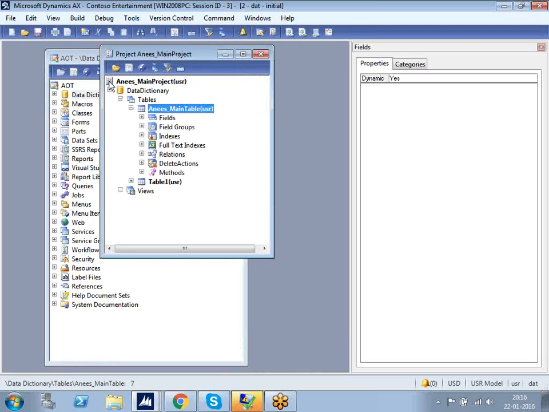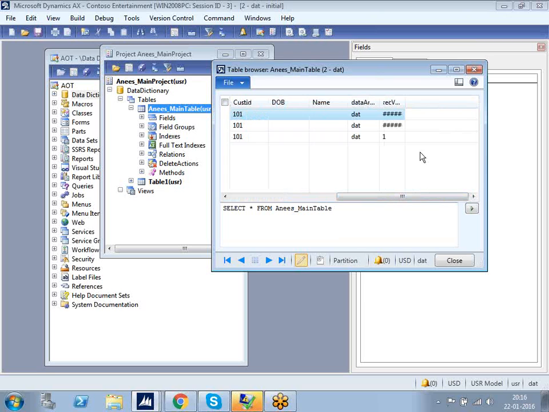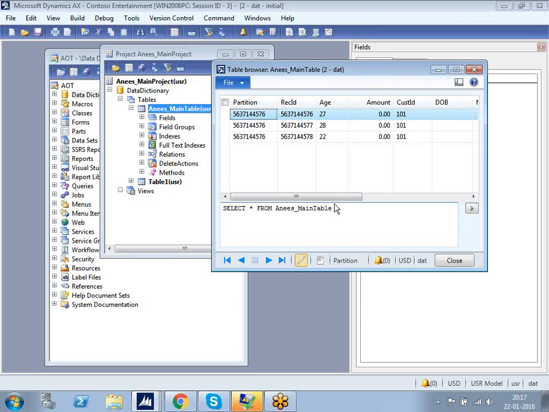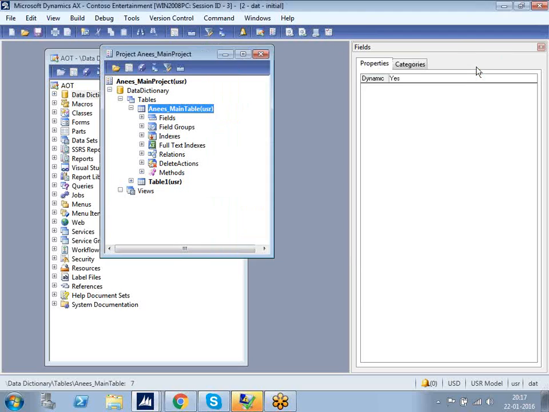So these are the default fields: partition and recursion, and data area ID and recursion ID. These fields are the default fields, and we have customized fields. So we need to customize the table like this. Okay, so this is the simple table. So after completing the table,